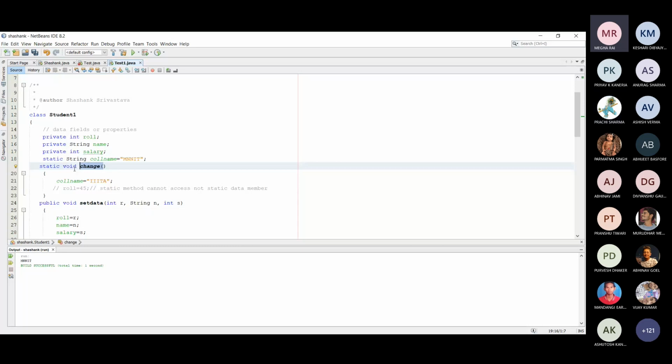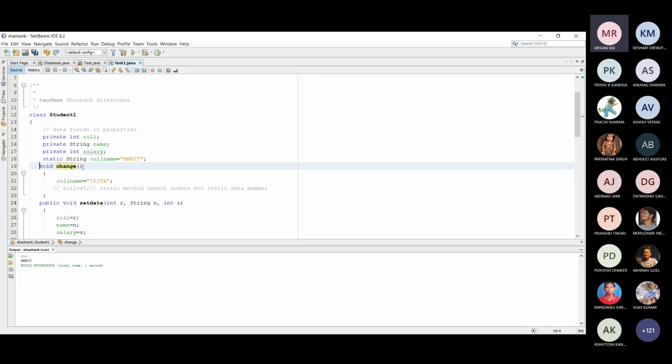And another important rule is... yes, is there a question? Sir, can we access the static variables by a normal method? Yes, you can access a static variable with the help of a normal method. If I write here void change, there is no error generated.